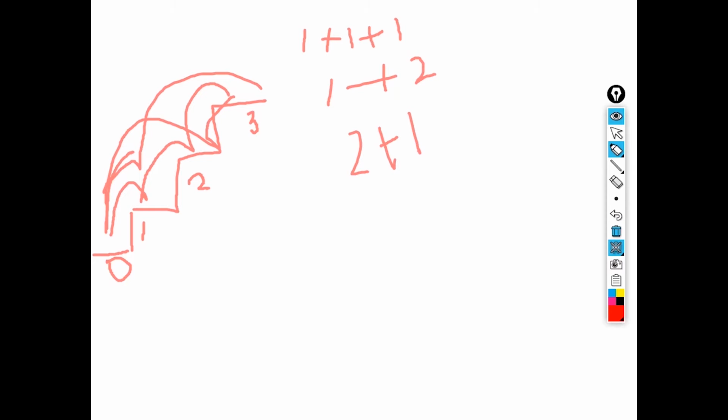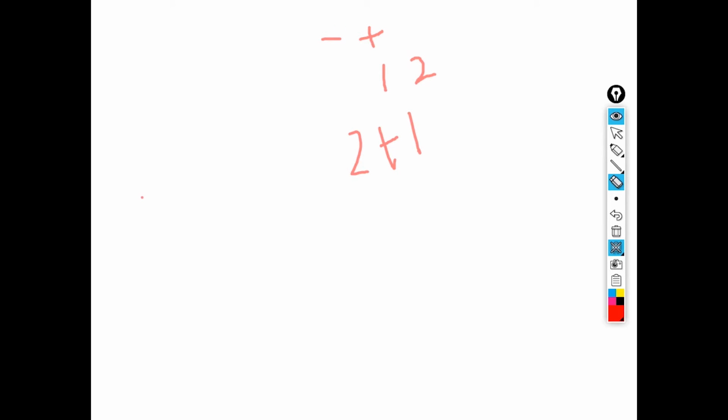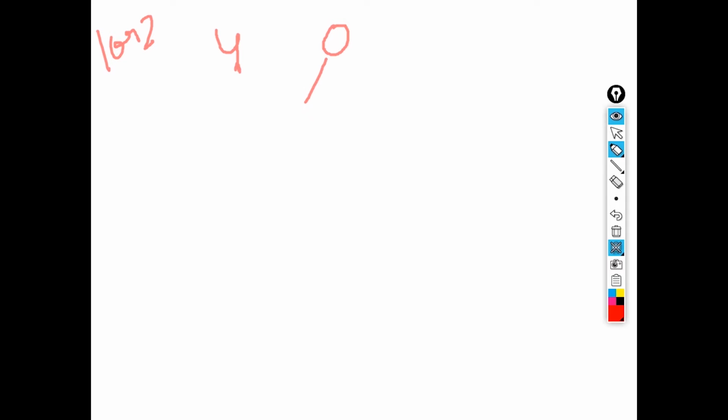If I had to decode this and write a program with it, how could I do that? Let's say you have to create the number 4. Now how can you create it, by using only 1 or 2 starting from 0? I have two options: either I add 1 or I add 2. If I add 1, this will become 1. If I add 2, this will become 2.